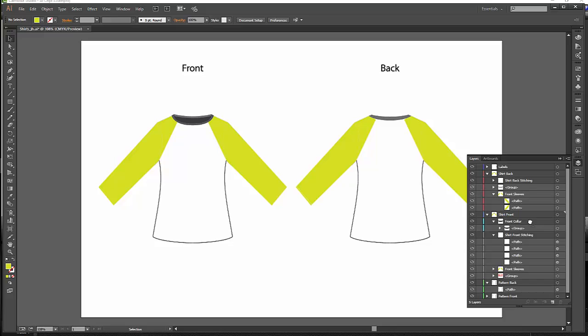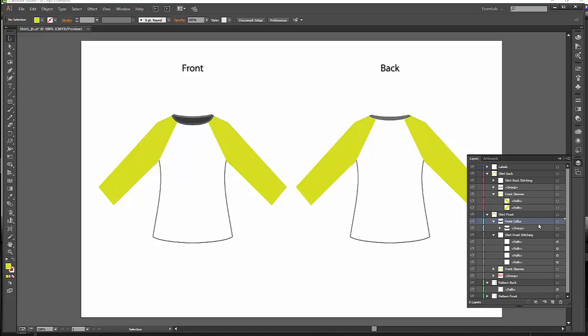And when I did that, I've got my front sleeves and I've got my front collar. Now I think I've got everything ordered exactly the way it's supposed to be. It looks like these layers are correct. I now have my shirt sleeves where they're supposed to be. And the other thing that I need to do is, now I have the front collar group placed in with the shirt front group, which is